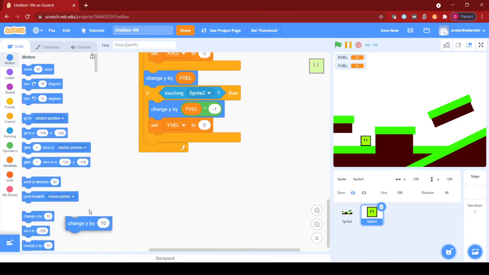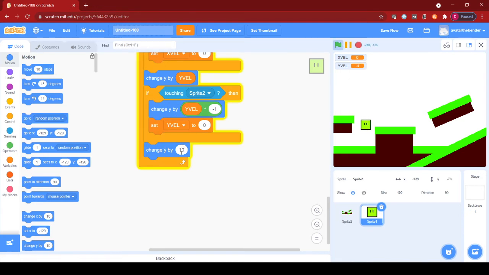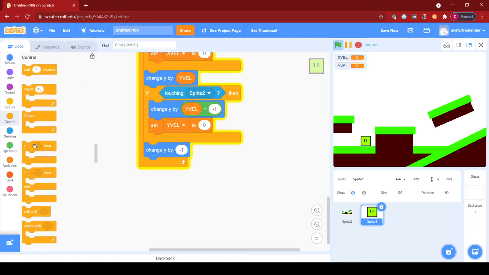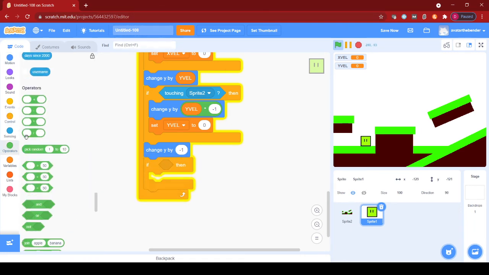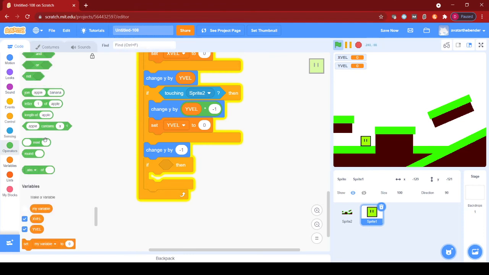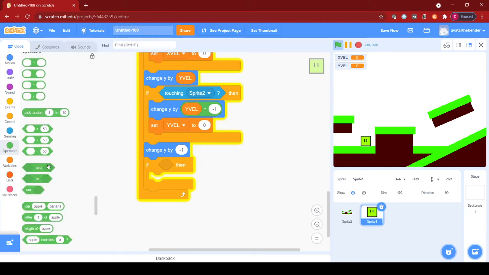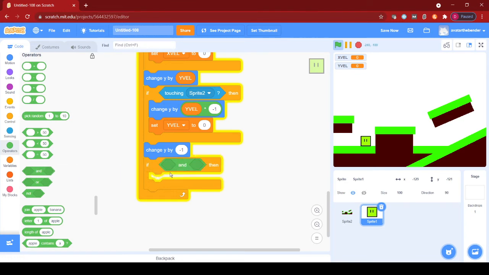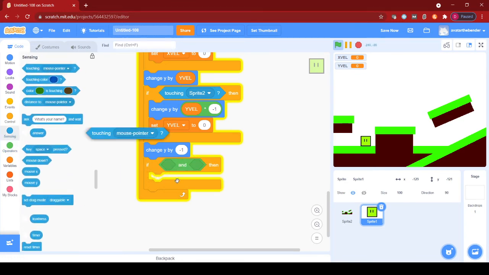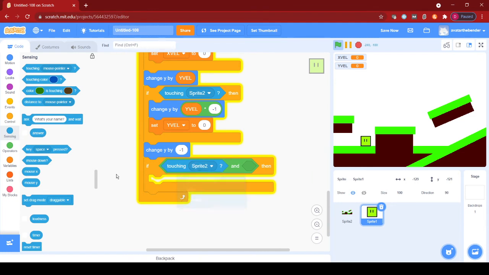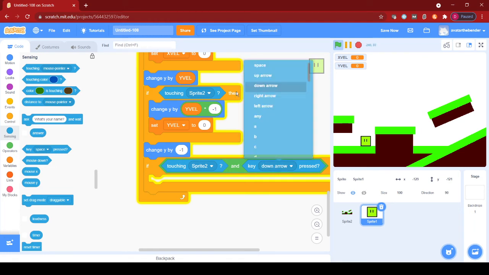Then I will want a change y by 10. Actually this will just make the player jump forever, so put a -1 for now. And then put an if. This if will be checking if we are touching and the key up. So if we are touching sprite 2 and the key up arrow is pressed, oops, not down, but up arrow is pressed, then we'll just simply